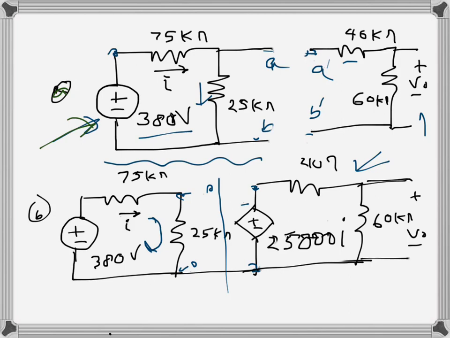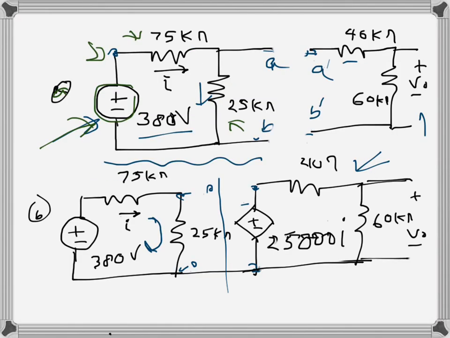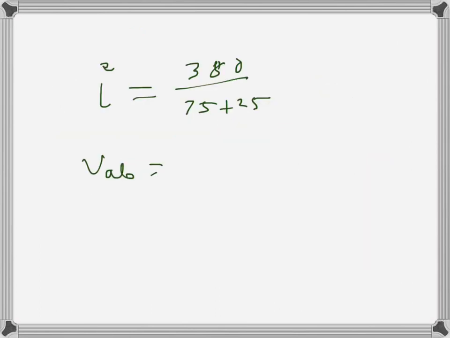So basically this is a voltage divider circuit, the first part. This voltage is divided between this resistance and this resistance, because the current becomes I equals 380 divided by 75 plus 25, and that's I. So VAB, because this is terminal AB, VAB will be I times 25,